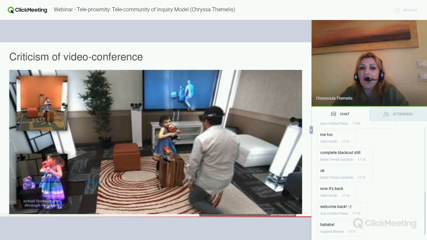New technologies are able to holoport people to different locations. This photo comes from a video from Microsoft explaining how you could interact with your child and play with it, even if you are miles away from one another. This is a very interesting video. You can find it on YouTube, so I don't want to spend your time on that.